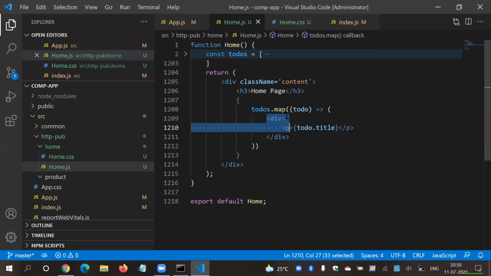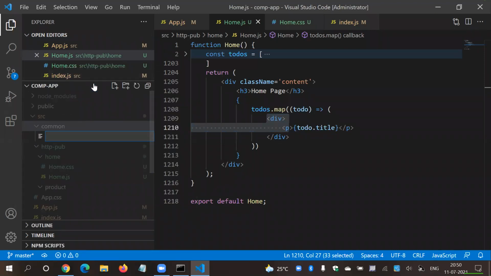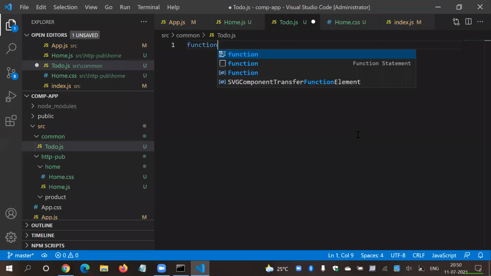So what I'm going to do, extremely sorry, I'm going to create one child component to show this todo part. So inside the common folder, I'm going to create one more component with the name todo.js. Perfect. So here we have, let's follow our own style.